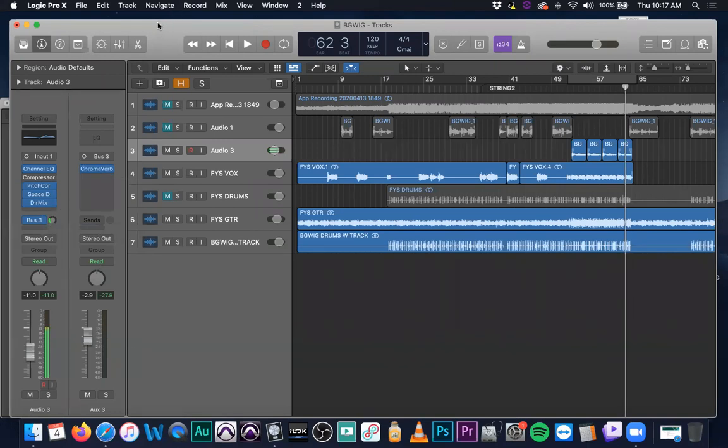This is what I typically like to do when it comes to space and time-based plugins. We know this. This is a standard lesson that we taught for a very long time in every single one of the softwares that we use. So on the actual track, though, you'll also notice that there is a Space Designer plugin. So we did an initial version of the reverb, and then we did an even further, longer version of